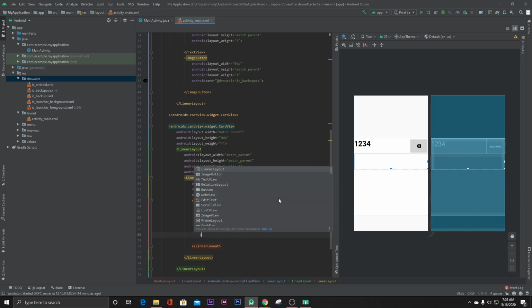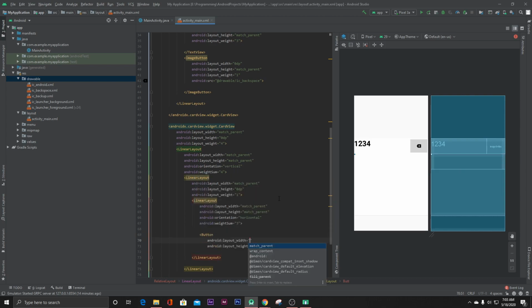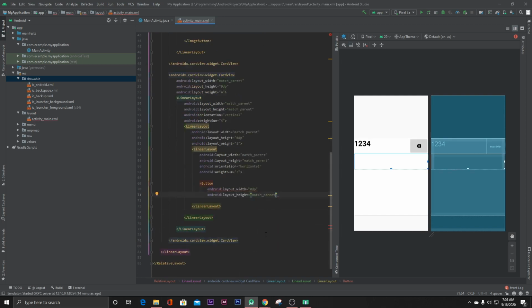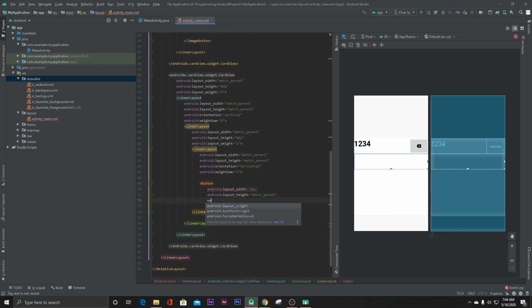Now inside this linear layout we will create 3 buttons, width of 0 dp, height of match parent, layout weight 1,